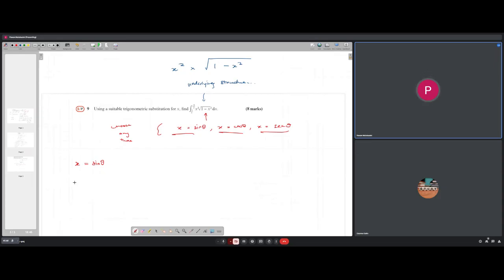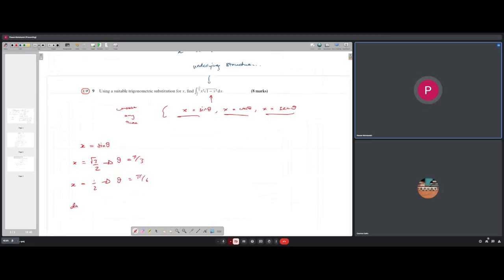So first of all, if x is equal to root 3 over 2, we know that theta will be pi over 3. If x is equal to a half, we know that theta is pi over 6. If you've got x is equal to sine theta, we know that dx over d theta is cosine of theta. So we know that dx can be written as cosine theta d theta. So then,